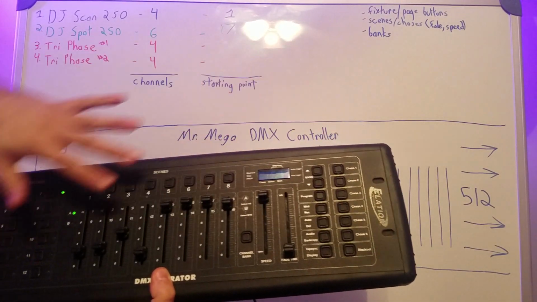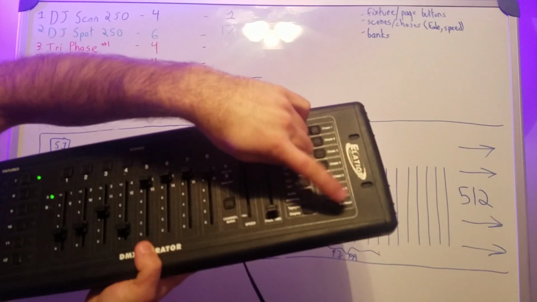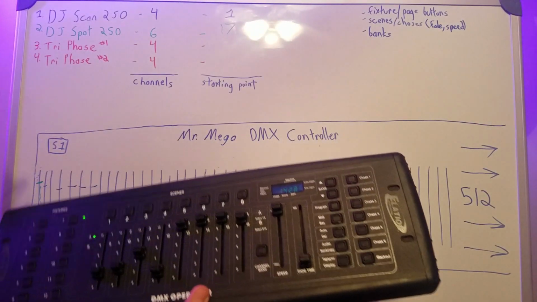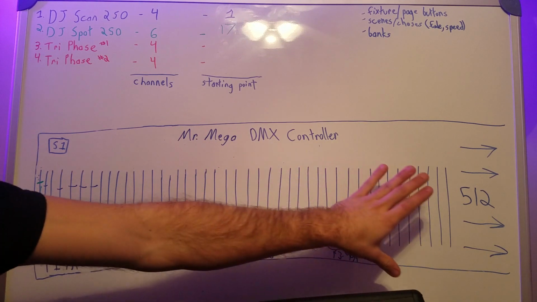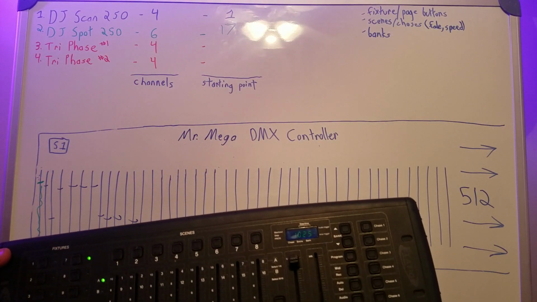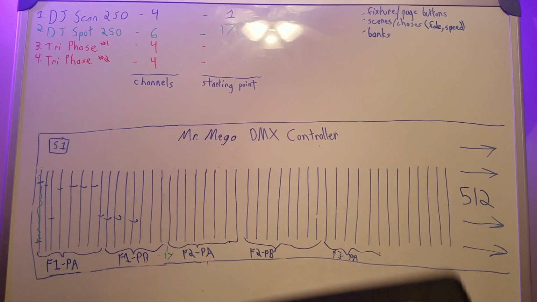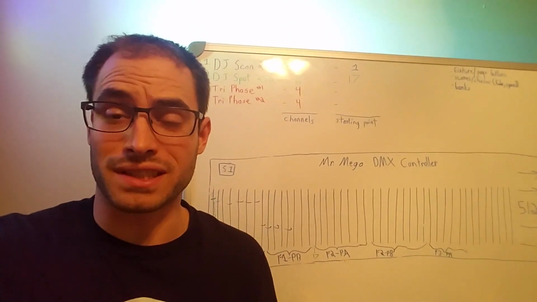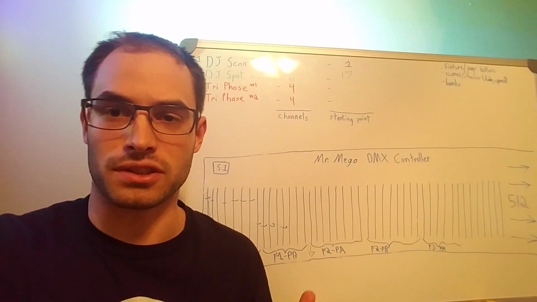And then the final thing, we've covered all the buttons. The only thing left is blackout. All the blackout button does is take every single channel on the entire controller and push them down to 0. And that just makes all of your lights shut off. So this is a more visual representation of what your controller is actually doing to control your lights,